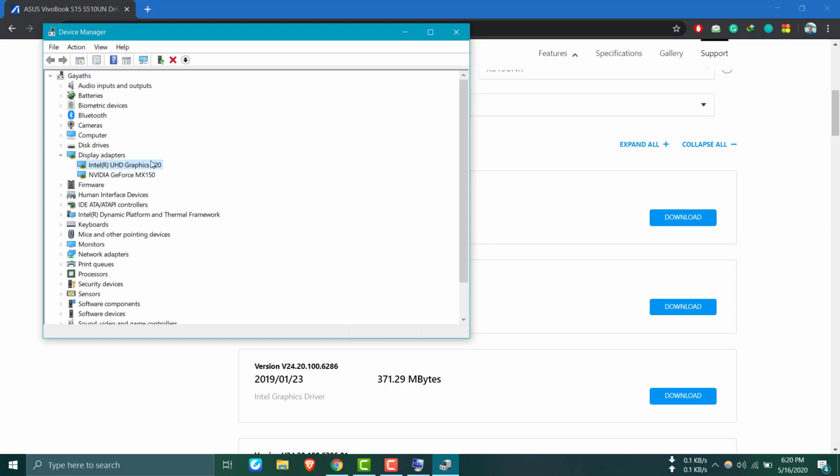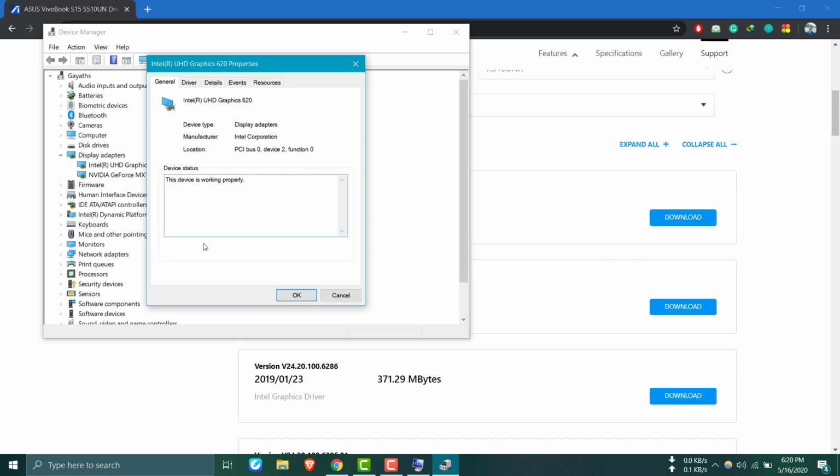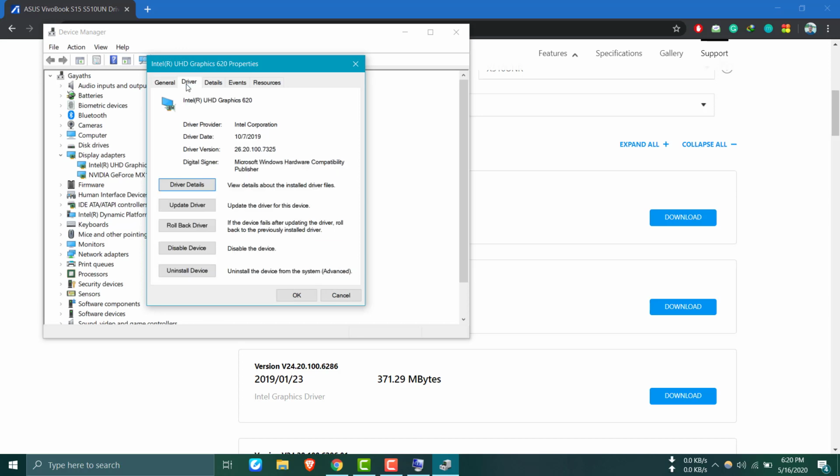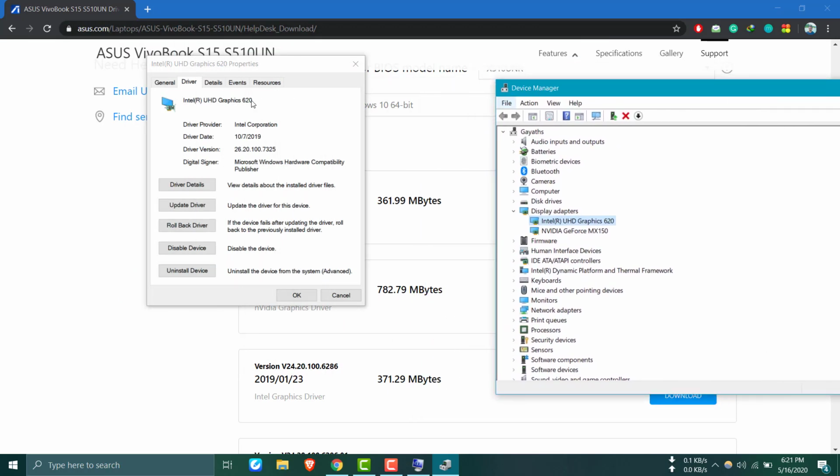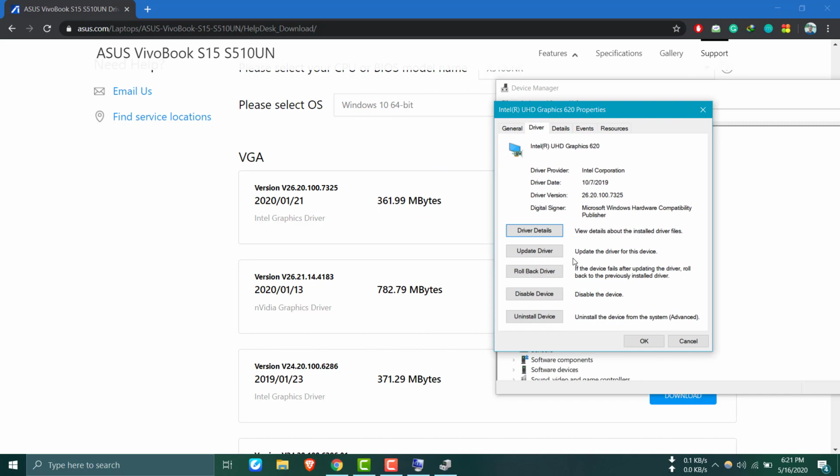Right click our Intel graphics, go to properties and then drivers. Here we can see our installed driver version. Check if there is a difference between these versions. You should have installed the same version as on the Asus site. Okay, so 26.20.100.7325. For me this is the same version.